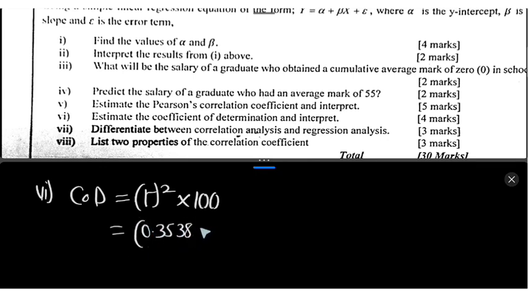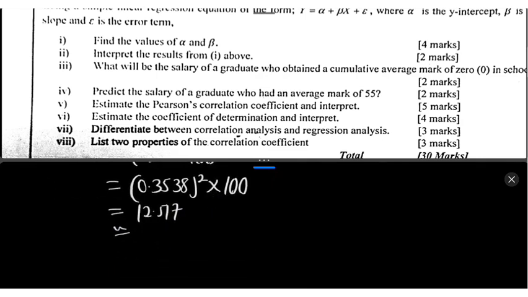0.3538. You square it and then convert to 100%. So that's going to give us a figure of 12.517. But working in 2 decimal places, that's going to give us 12.52%. So this 12.52% coefficient of determination tells us the variability that exists between the average mark that the